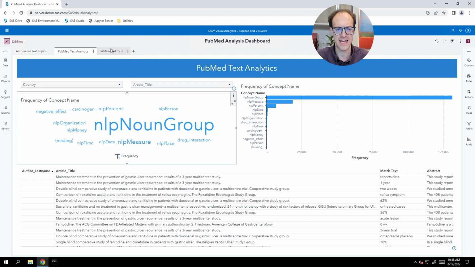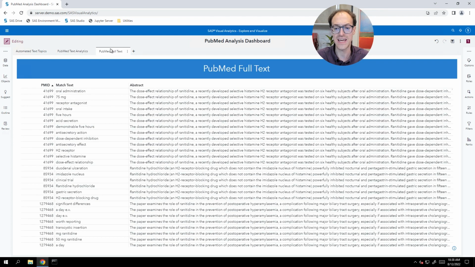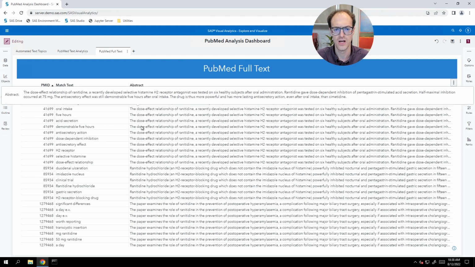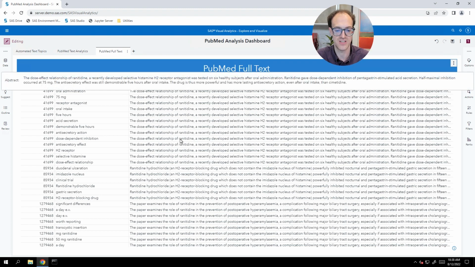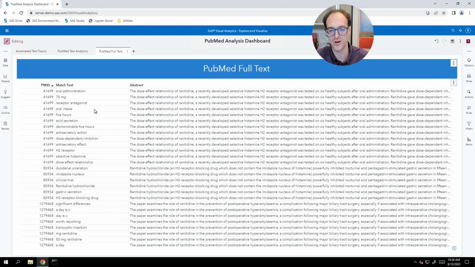And then finally, this last tab is our full text, just in case you want to actually explore the abstracts. You'll notice that we have matched text, which is extracted as associated with our concepts. So various keywords that we're extracting based on our analysis goals, along with the abstract of the text. And of course, you can see here that we're extracting multiple terms or multiple concepts from each abstract,